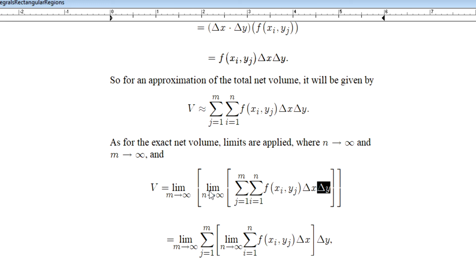Now, limits will distribute themselves through summations. So this very first limit, I can distribute it into the very first summation, the summation from j equals 1 to m. It can be distributed in and thought of as applying itself to just the summation for f times delta x. Delta y being a constant multiple, it can be factored out